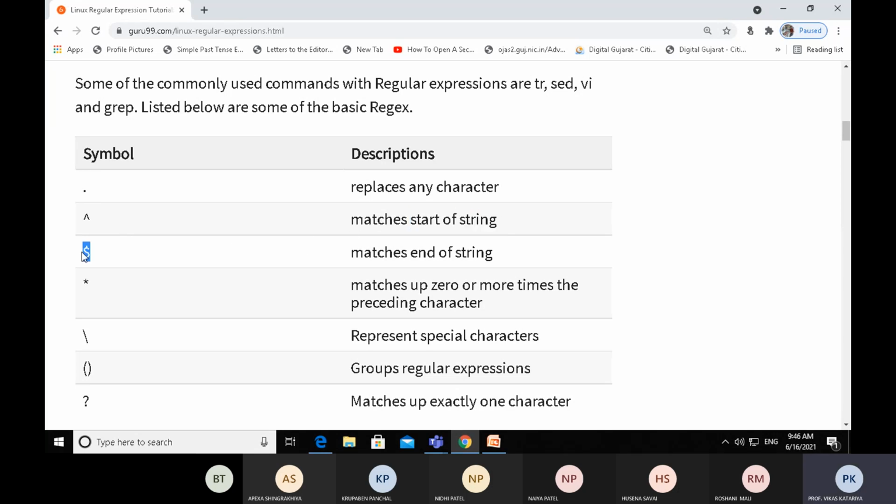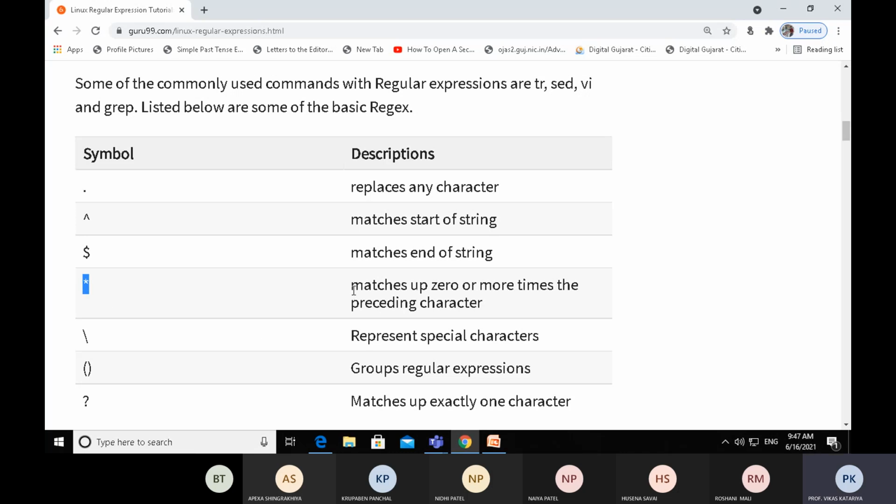Now the third one is the dollar symbol. As the power symbol matches the start of the string, similarly the dollar symbol matches the end of the string. We can find those records which end with, suppose, Smith, John, Koenig and so on. So at the end of the strings we can match by the dollar symbol, and at the start of the string by the power symbol.